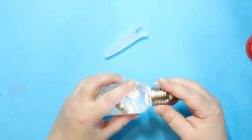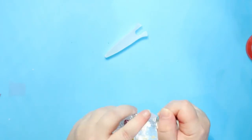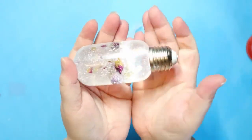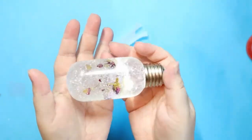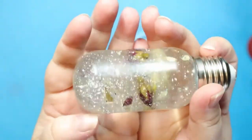I'm tapping the light on the thing on the table just to see if it falls out, and it didn't fall out. It was perfectly fine. And yeah, as you can see, it lights up perfectly. It does it two ways. It's touch sensor on the back, but also if you shake it, it's got a motion sensor in it as well for